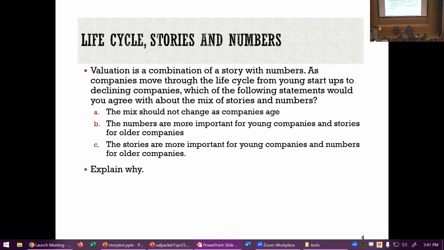One final question. Remember the corporate life cycle I talked about? Young companies, middle-aged companies, old companies. Valuations are always a balance between stories and numbers. But I want you to think about how that balance changes as you go through. Stripe is a payment processing, young company. You can look at the financials, but much of your value is going to be driven by a story. InPost is still young. Much of your value is going to be driven by the story you tell.